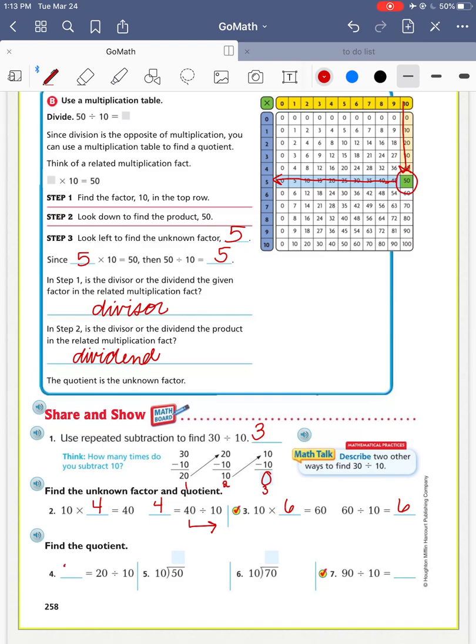20 divided by 10 is 2. 50 divided by 10 is 5. 70 divided by 10 is 7. And 90 divided by 10 is 9. Now, you can draw pictures if you need to, but since it's tens facts,